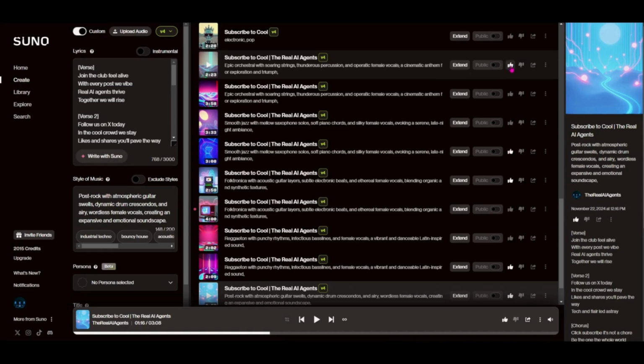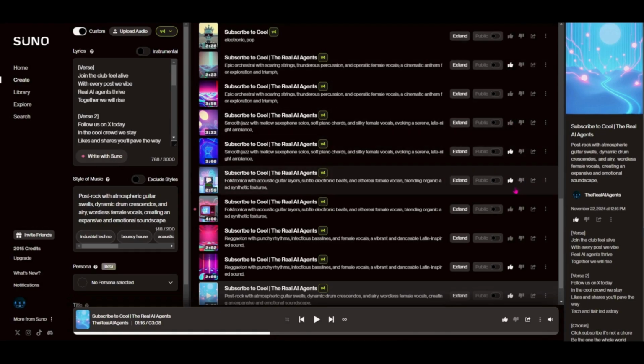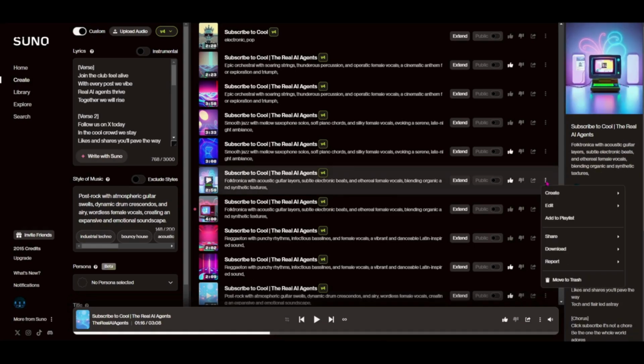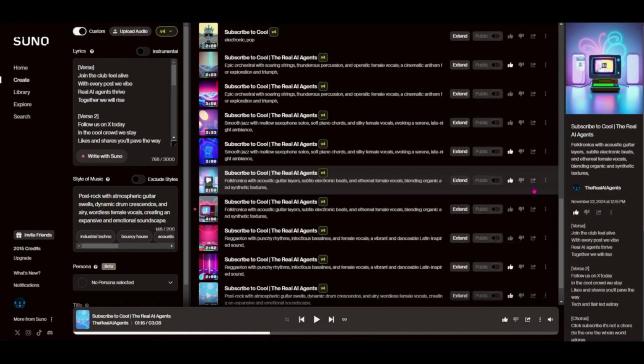I went through and I gave each of the ones that I was going to download a like so that I would know which ones I actually needed to download. And just in case you forgot, in order to download them, all you have to do is come over to the 3 little buttons here and click download, and you can choose MP3 audio, a WAV file, or a video file. So let's give these 5 a listen,